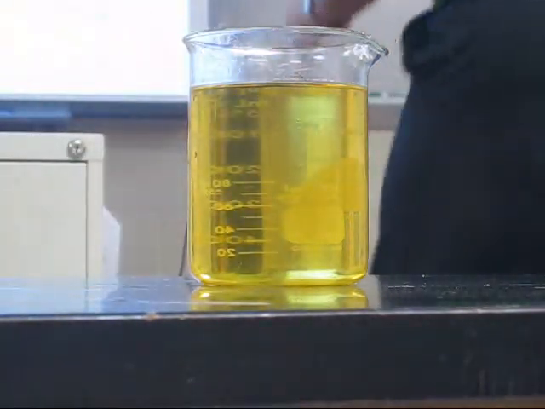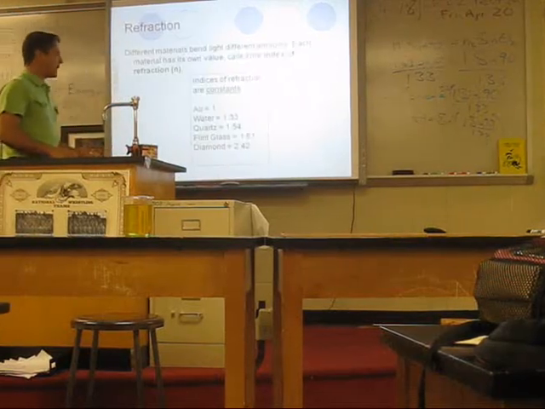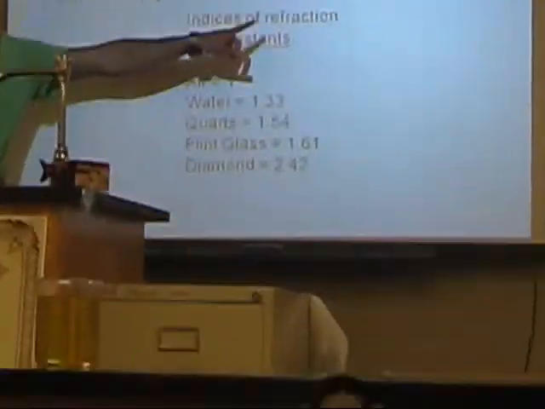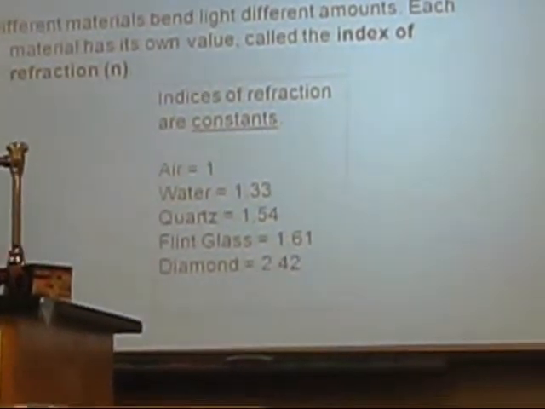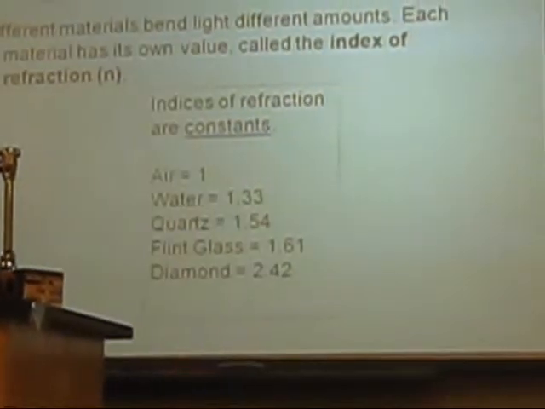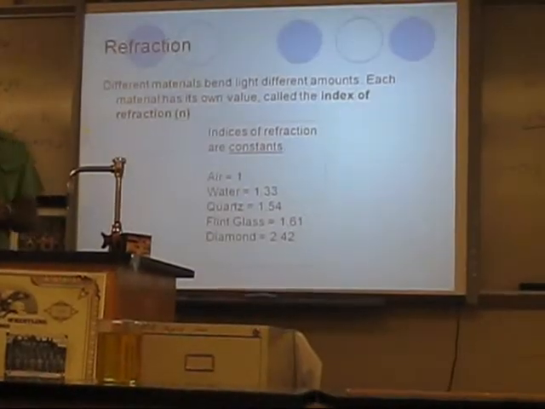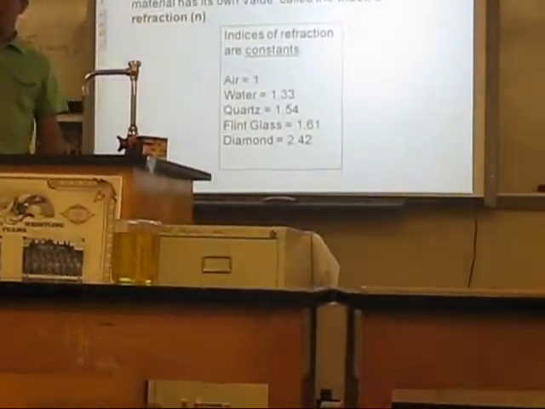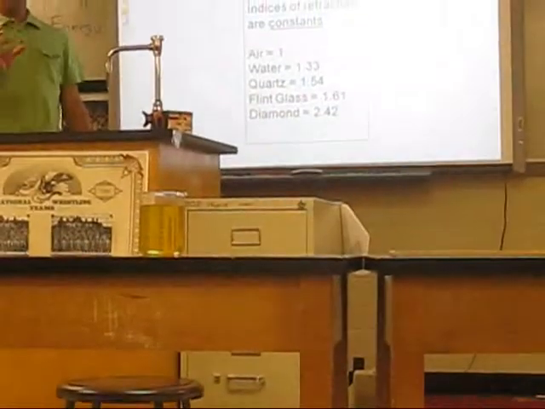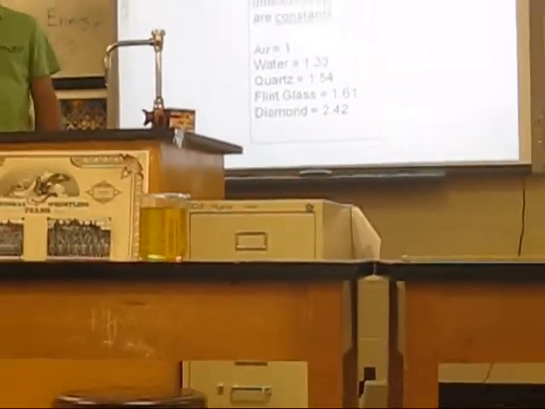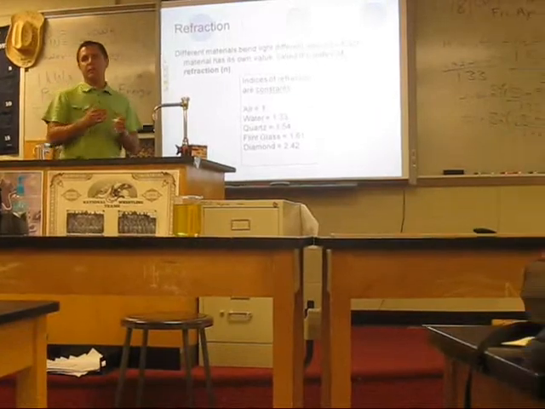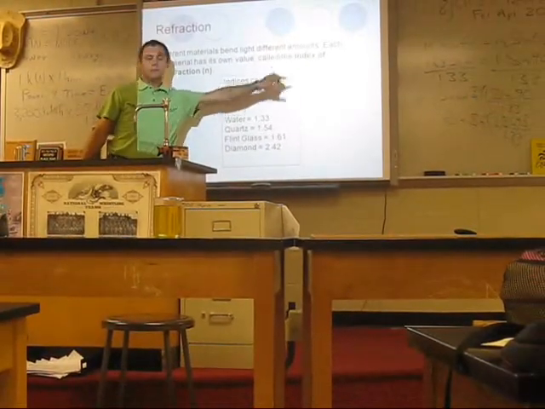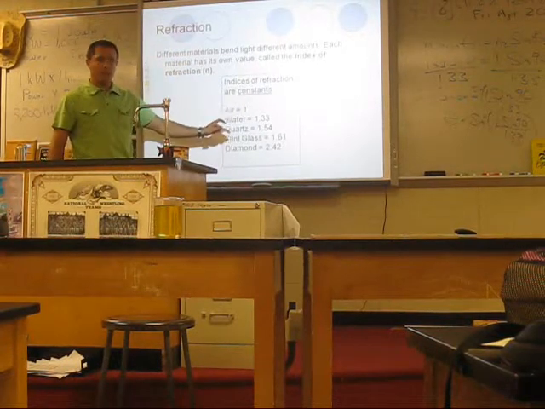Moving on. I want you to copy these numbers down. Just say indices of refraction and these numbers here. The higher the number, the slower the material, or the slower light will travel. I want you to write indices of refraction, and do air equals 1, water